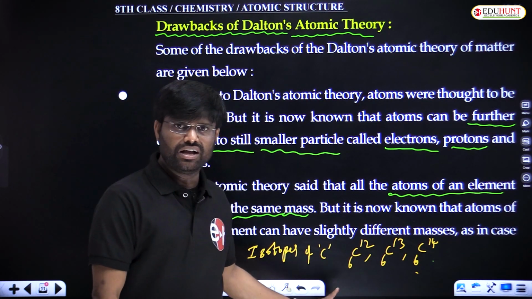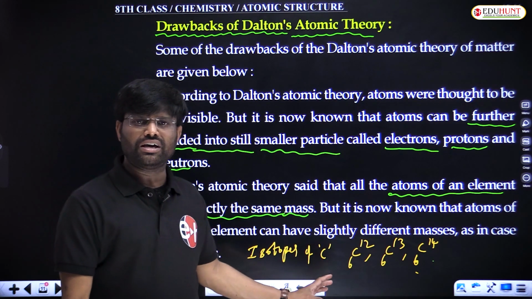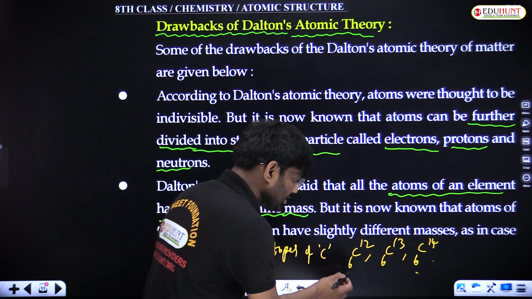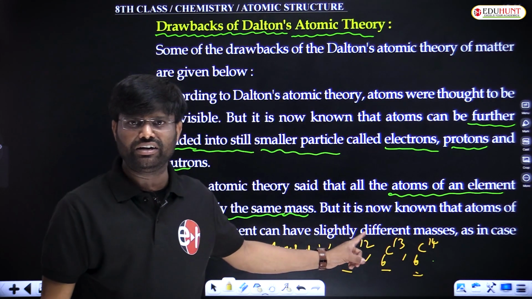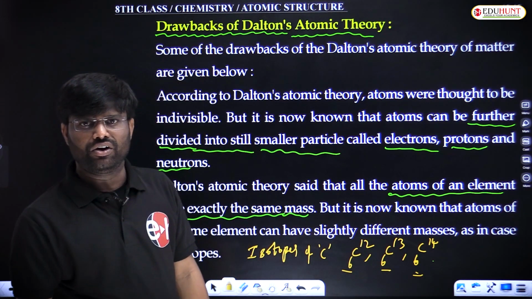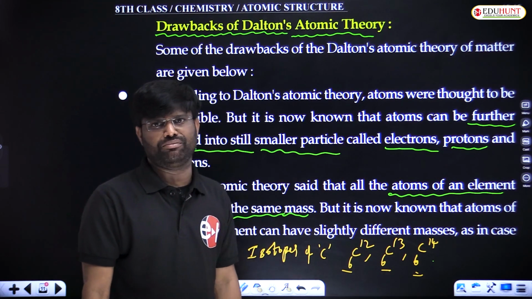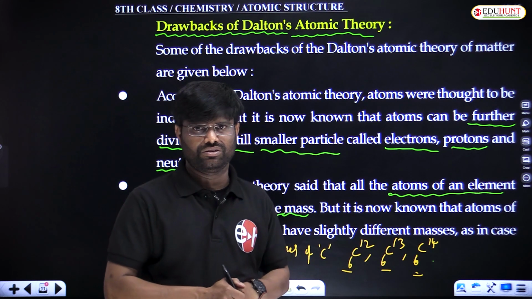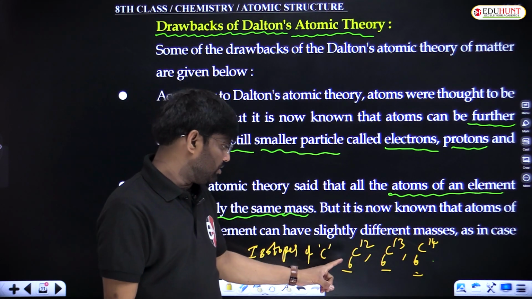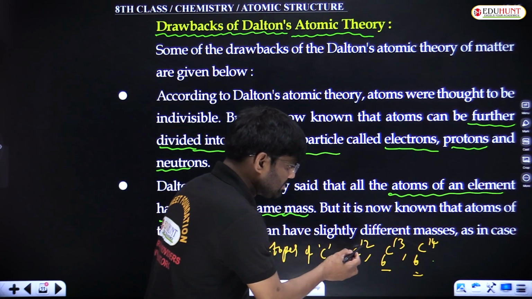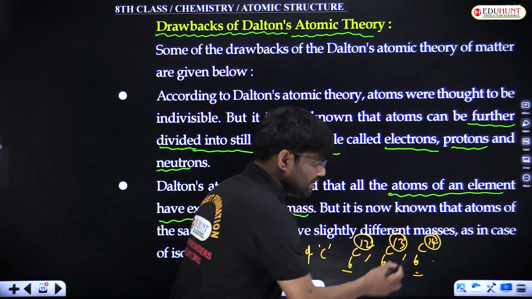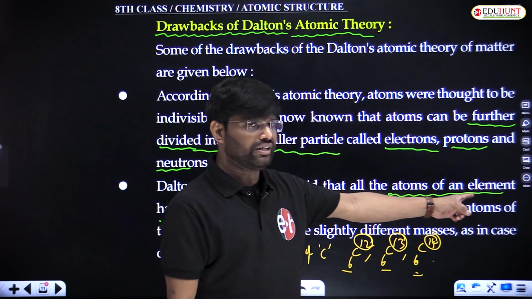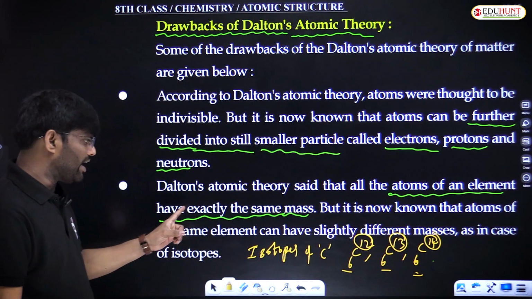What is the meaning of this? Isotopes are atoms of the same element which have the same atomic number but different mass numbers. Chemical properties are the same, physical properties are different. That is called isotopes. Here the mass is same or different? Different. But here what is he saying? Atoms of the element have exactly the same